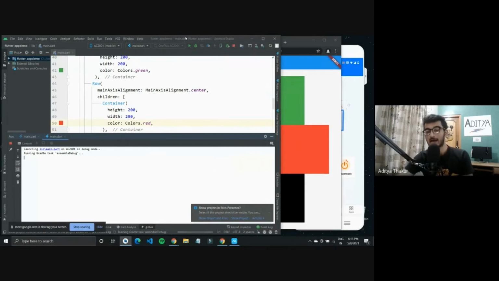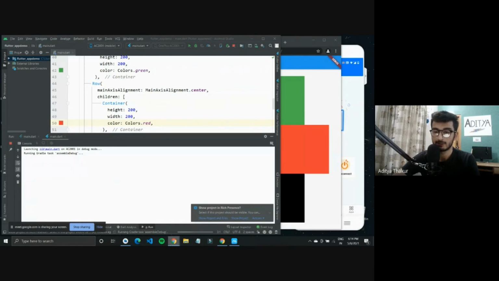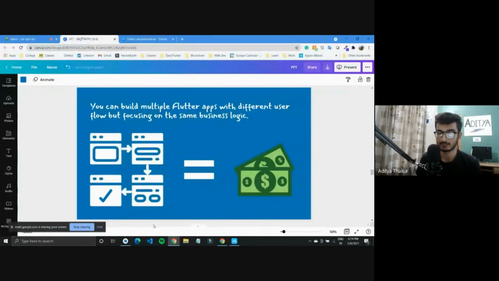So again, the goal is not to have the same application run on 6 different devices. What we save on here is business logic. So what do I mean by business logic? Initially when we were running this application, it had an increment button on its side. We had this small button that was used to increment the counter each time someone tapped on it. The function of this button would remain the same for the 6 different platforms, the same for the mobile application and the same for the web.